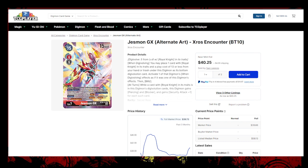So starting things off, we'll talk about Digimon GX. It's the big elephant in the room. Digimon GX pretty much is a support card for every single Royal Knight because it has an alternate Digivolution option. You can pay 5 to Digivolve from a level 6 with Royal Knights in its traits. That means whether it's red, yellow, blue, green, indigo, whatever the color, you can Digivolve on top of it, as long as it has Royal Knight in its traits,